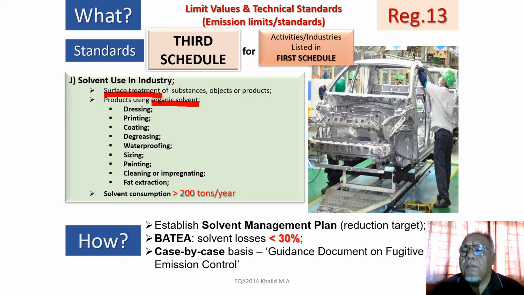For example, the picture is showing you an automobile assembly line, and this body has been made from maybe metal stamping. Before that, it could be aluminum, steel, or some other metals that